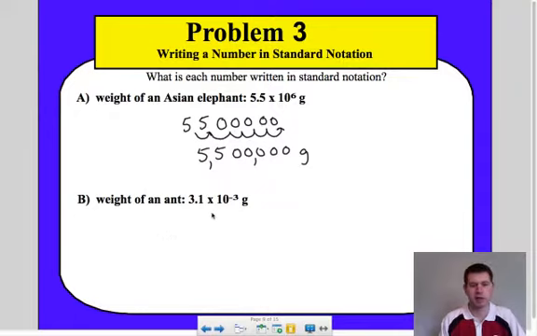So let's look at the weight of an ant. 3.1, so I'm going to write my 31. My decimal's here, but it's negative, so I'm going to move it backwards. So there's 1, and then kind of the same process. I took 1, so that drops me down to -2. So that means I'm going to have 2 zeros. And if I count it out, there's 1, 2, and 3. So that means my decimal is now going to go there, making this